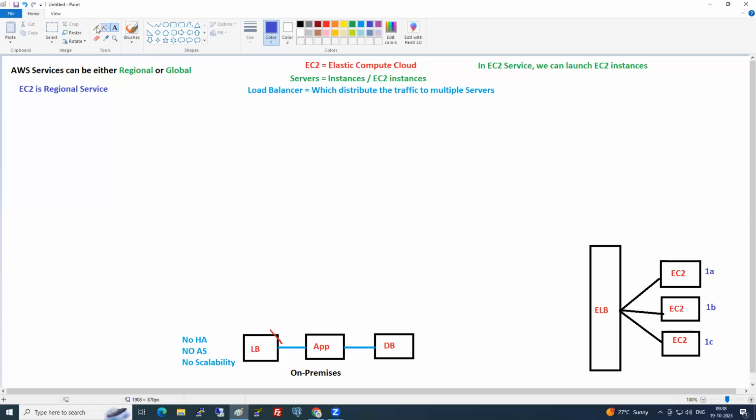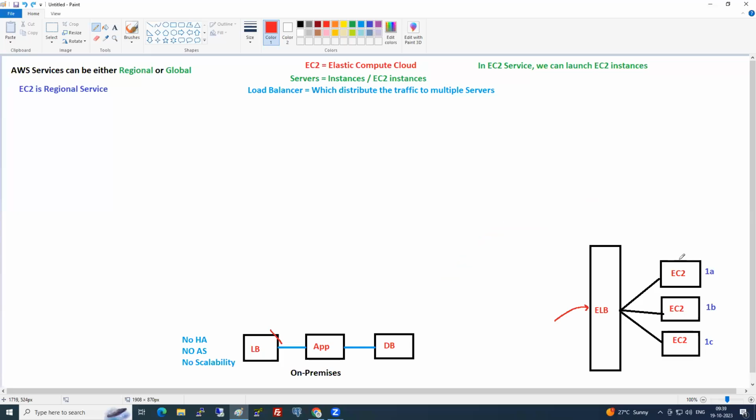So what is the job of the load balancer here? Whenever you send any traffic, the load balancer will take the request and distribute the traffic to this first machine. The second request will go to the second machine. The third request will go to the third machine. And the fourth request will go to the first machine. What is that method called? Round robin method. So everyone will start accessing your load balancer. Now, a question for you: is it good to expose this EC2 instance to your customer?